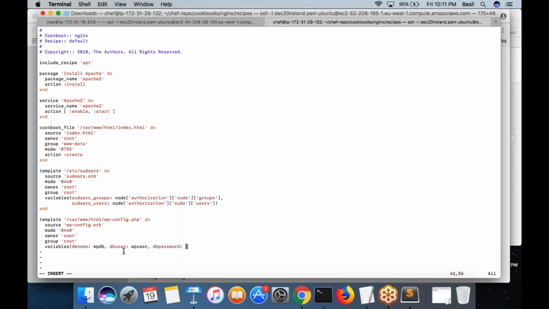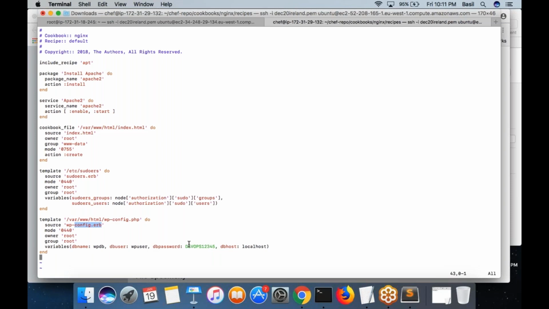For the password, I'm going to put something like DevOps12345. Then db_host, you can put, let's say, localhost.